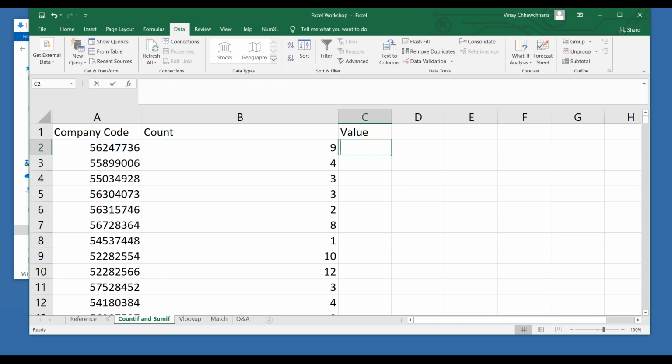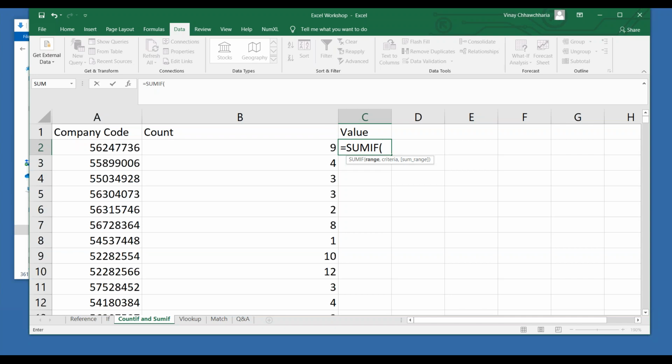Fine. Let's move to equal to SUMIF. Now here in COUNTIF, there were only two things: range and criteria. Here, there are three things: range, criteria, and sum range. Basically, on what criteria you have to do the summation.